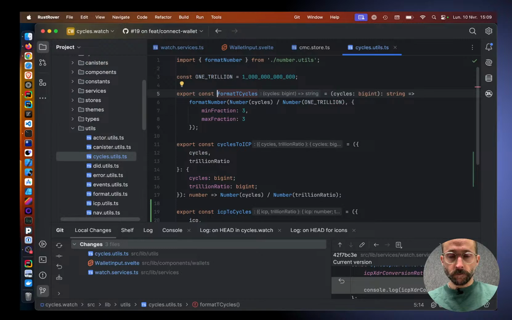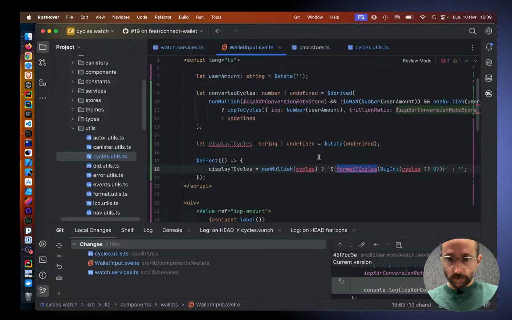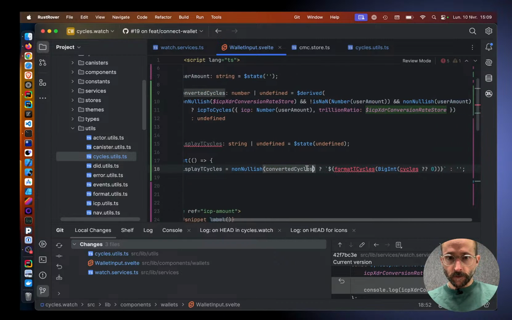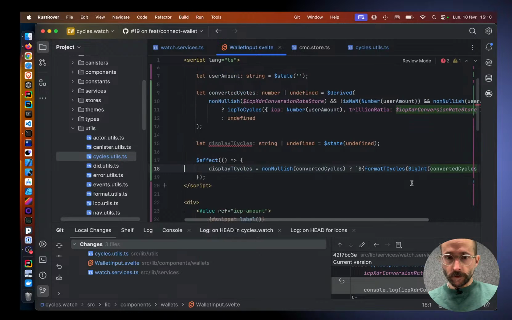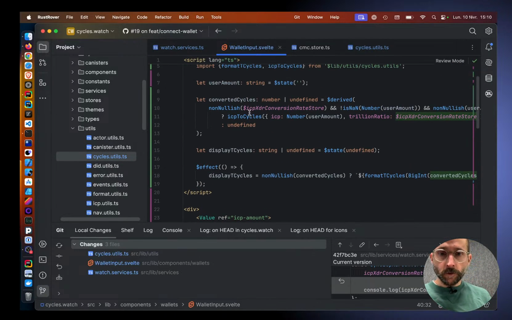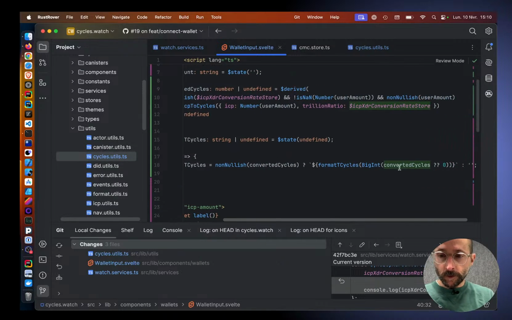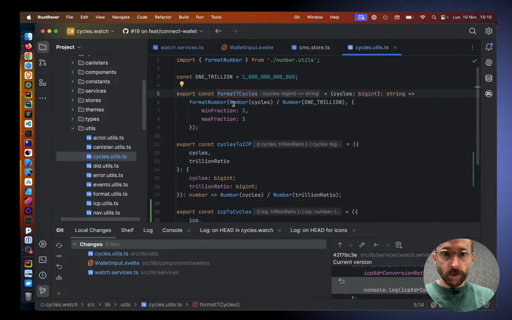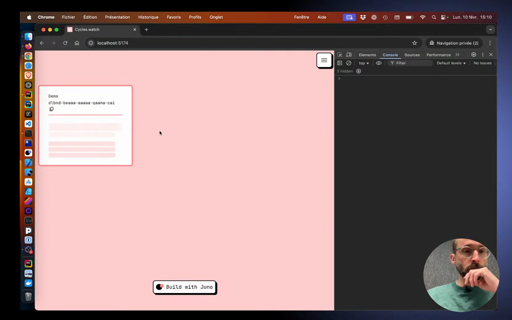Same, right? Yeah. So what we do is, if those are converted, we format like that, and then we display the value. So we have taken the ICP, we have multiplied by the conversion rate, and now that we have that conversion rate, what we do is we take the cycles and we divide them by 1 trillion. That way, if everything looks good,